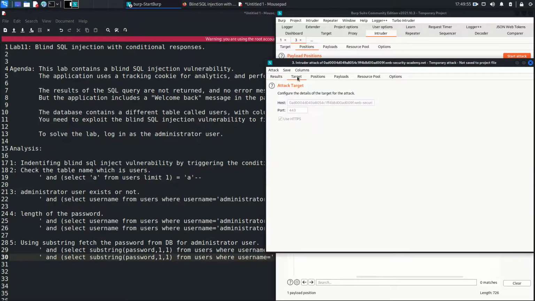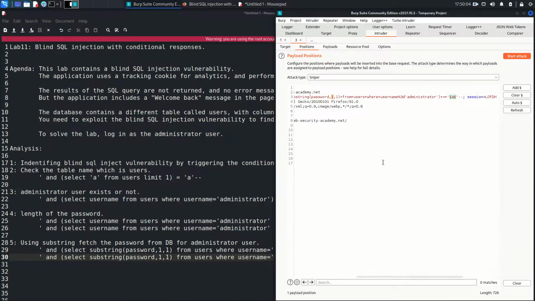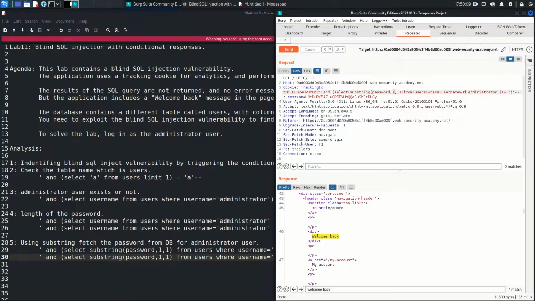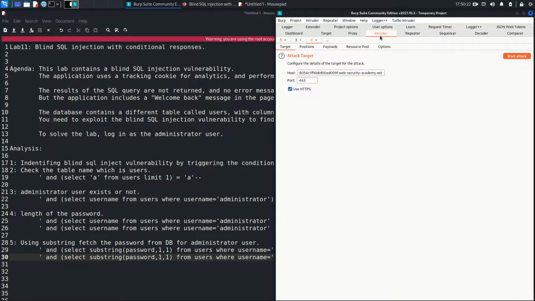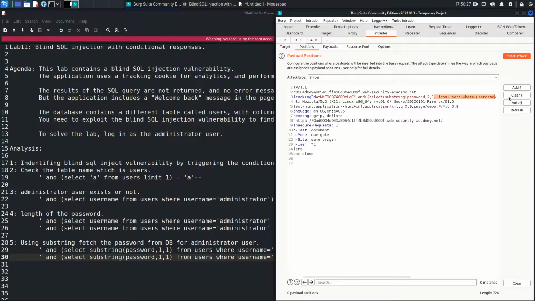Similarly, what you need to do is come here, and now let's try to find out the second position. Sorry, close this, discard, come to the repeater. So first character is J, now the second character. Let's try A and send it to the intruder again. Come to the intruder, position, sniper, clear all these, and just for the second character